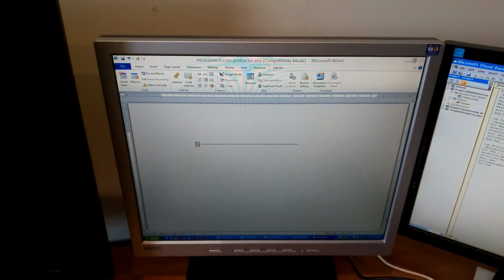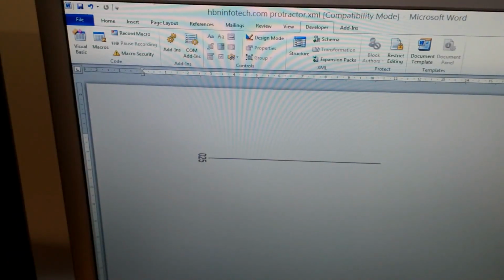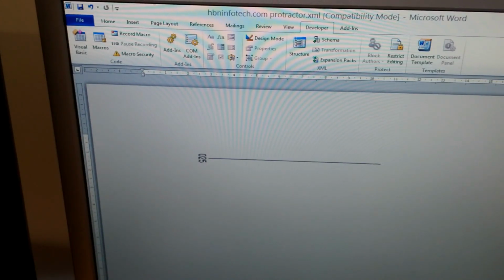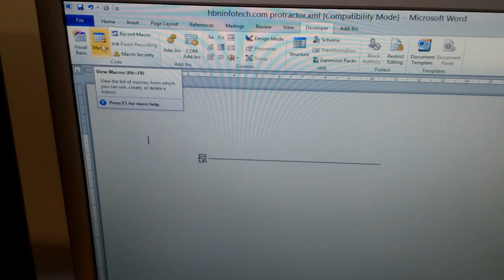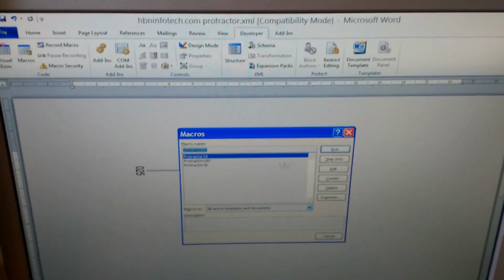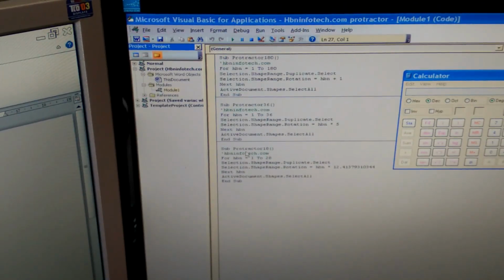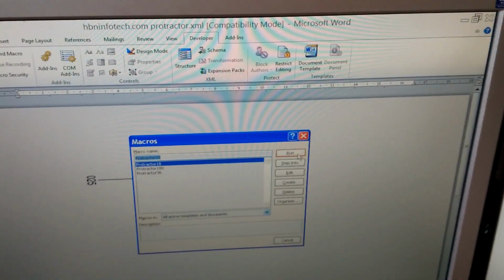Okay, so this is still the same PC with just 2 screens on it. Now I need to make this smaller so you see what I'm doing. Now we choose the software I'm going to use, and use macros, and that comes up. So I've modified this one, it says protractor 18, which is that bottom one there, and you press run,